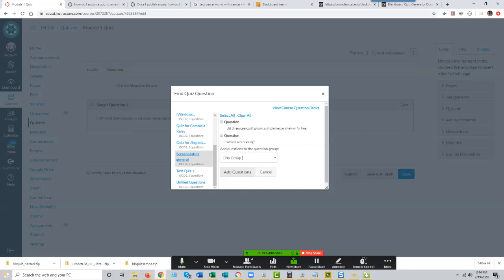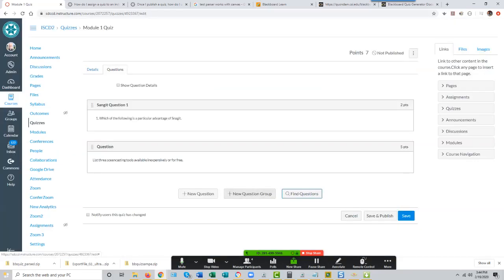And I won't worry about question groups yet. That's our next topic. I can select individual questions, or I can select them all if I want them all. But let's say I just want this one. When I've selected what I want here, I just click Add Questions, and that question or questions, plural, goes into